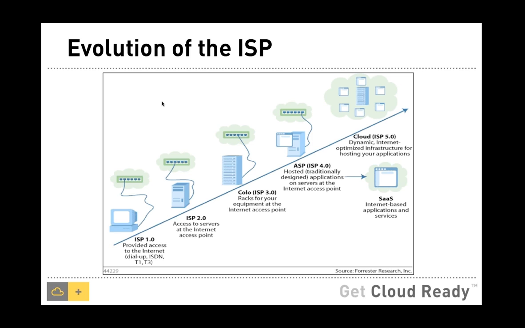So ISPs started renting out real estate space and rack space to enable businesses to bring their own servers and put them up in the racks of the ISP, and they could share the same infrastructure as the ISP. So this enabled businesses to move customer facing, public facing and even partner facing infrastructure, including servers and storage, to an ISP's environment, and that was called co-location.